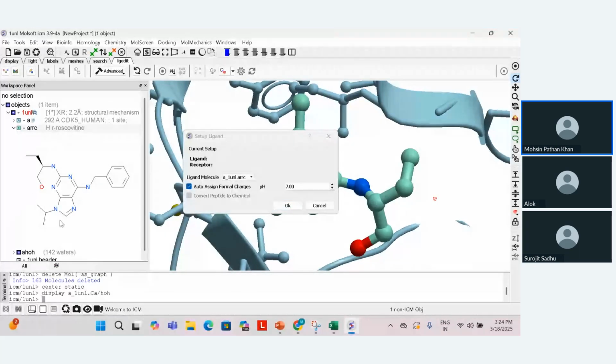If you see here, current setup, ligand molecule A_1 UNL dot ARCC, where A underscore basically represents the object. Then the name of that particular object is 1 UNL. And within that object, there is an entry which is ARRCC, representing the ligand molecule. Then you can also auto assign formal charges. Let's say if you want to charge this particular ligand molecule at a particular pH, you can specify that pH over here. By default, it will charge your ligand molecule at pH 7, and